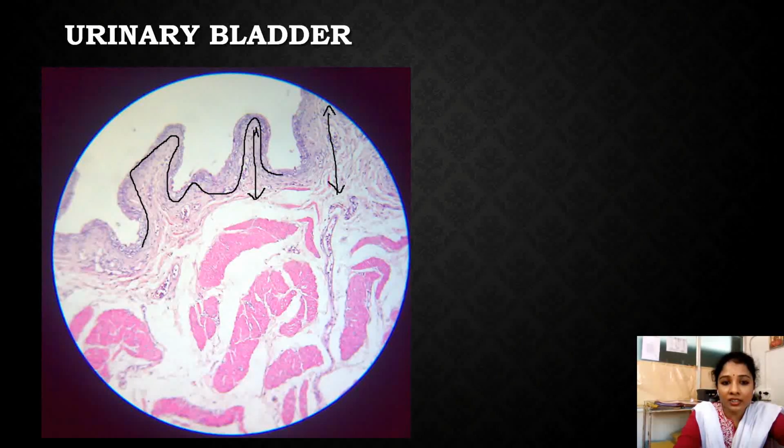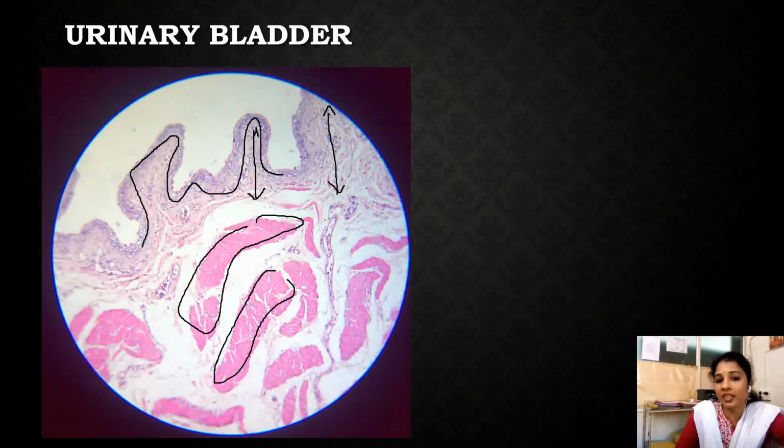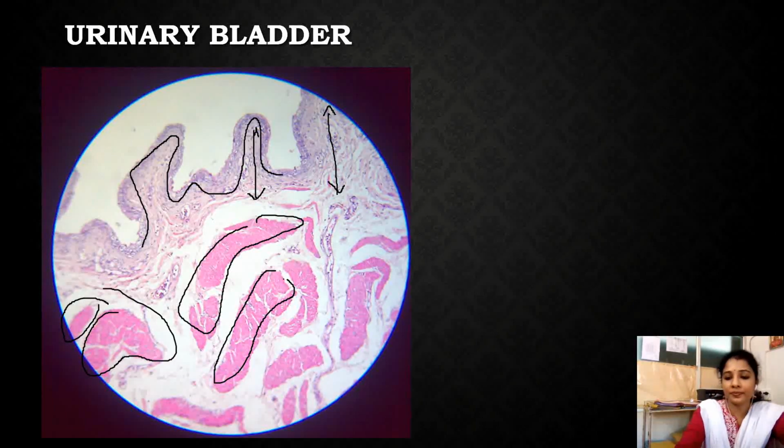Below that we see a group of muscles, some longitudinal, some circular, and some oblique. So there is no specific direction of muscle fibers that we can identify in a slide. They are in all directions, but we can say that the inner layer is more longitudinal, the middle circular, and the outer longitudinal. In between, oblique muscles are also present in the wall of the urinary bladder. These smooth muscles are called detrusor muscles.